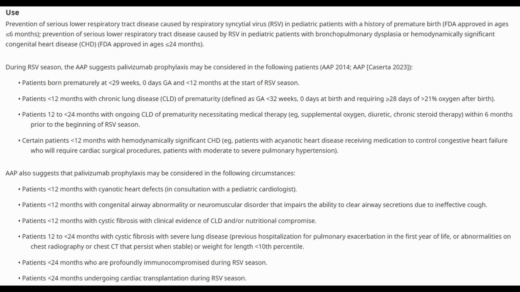Indications for Palivizumab use in children are patients born prematurely at less than 29 weeks and less than 12 months at the start of RSV season, patients less than 12 months with chronic lung disease of prematurity, patients 12 to 24 months with ongoing CLD of prematurity necessitating medical therapy, certain patients less than 12 months with hemodynamically significant congenital heart diseases, patients less than 12 months with cyanotic heart defects and congenital airway anomalies or neuromuscular disorder that impairs